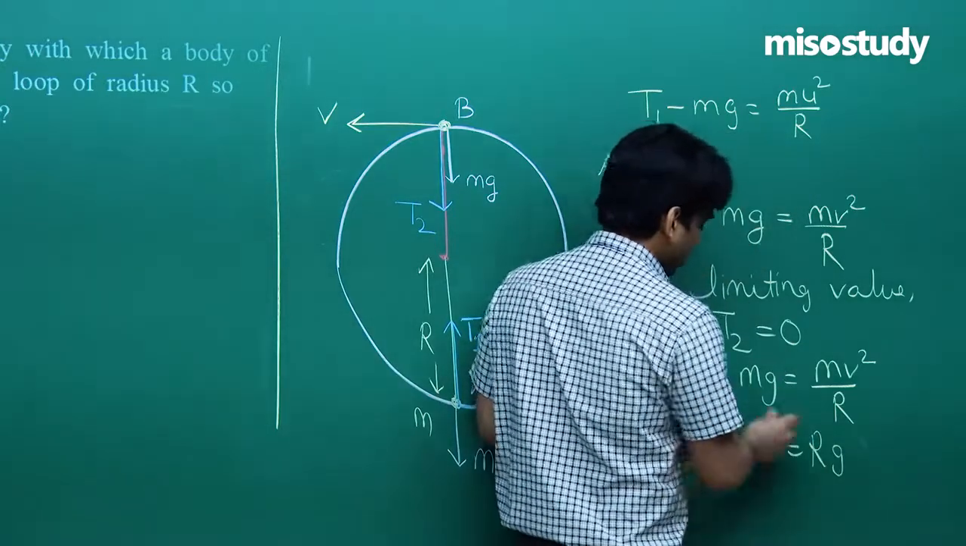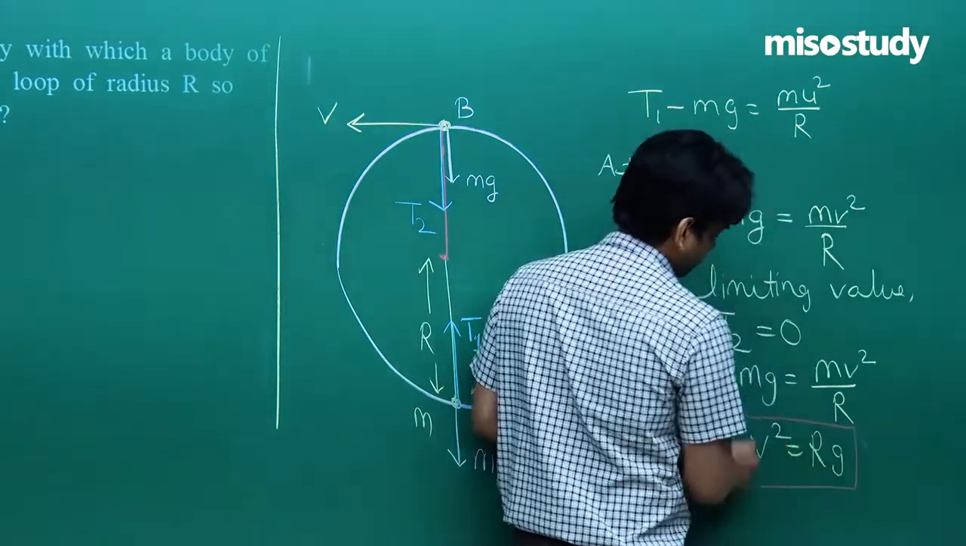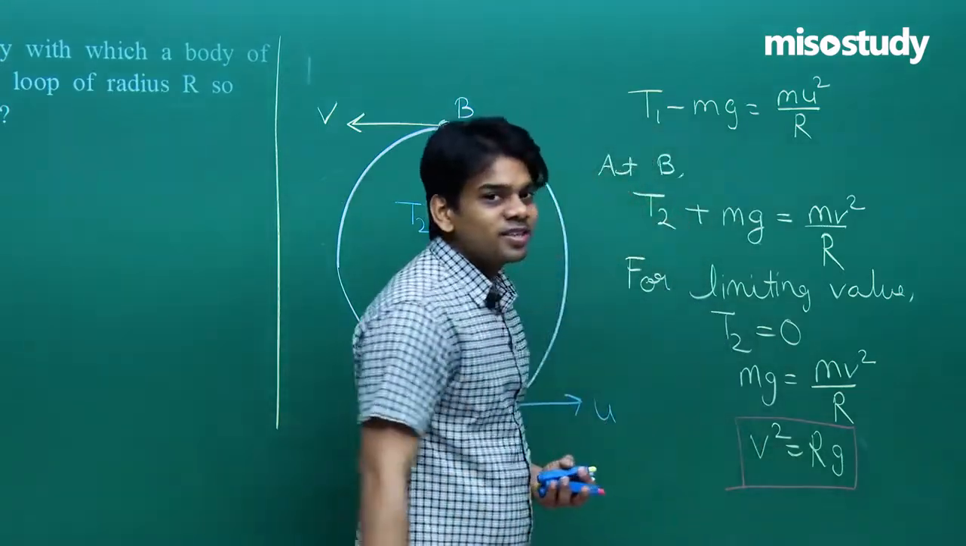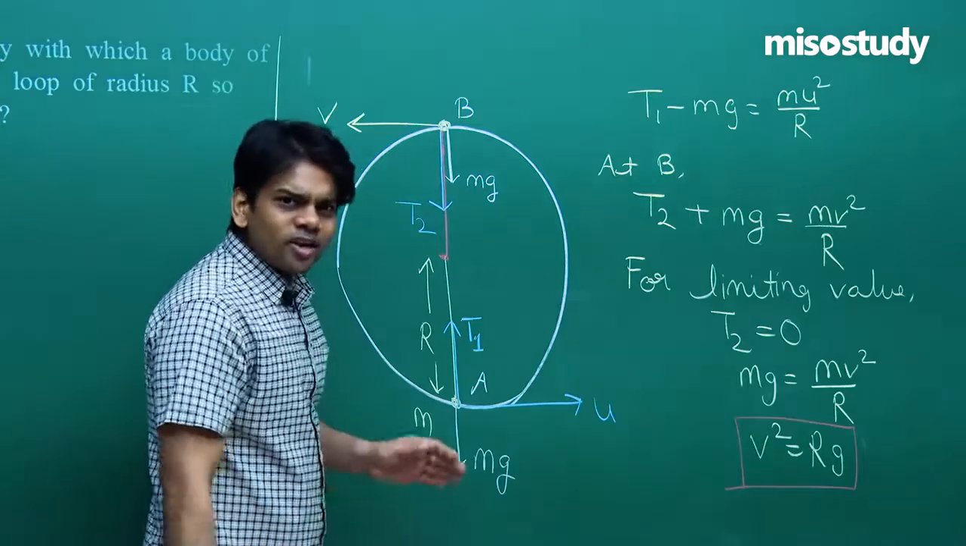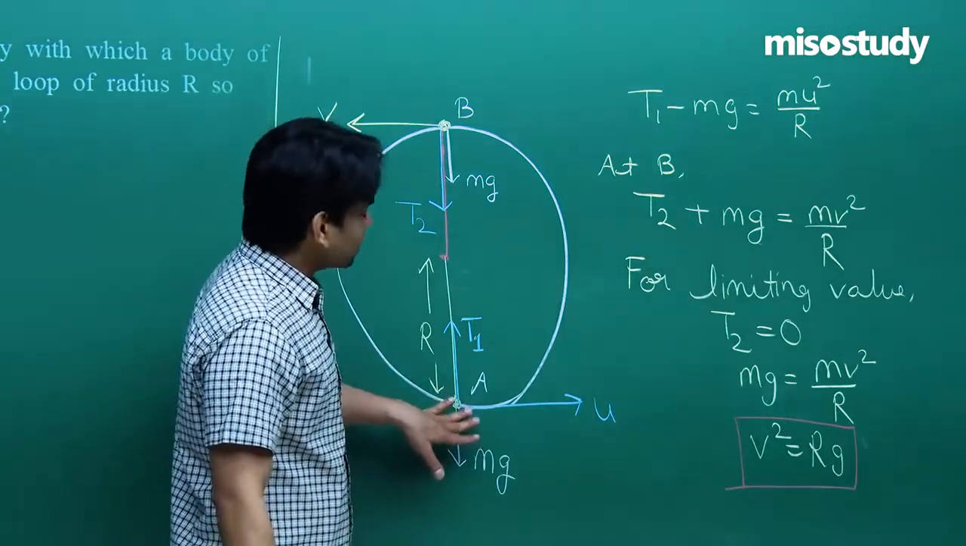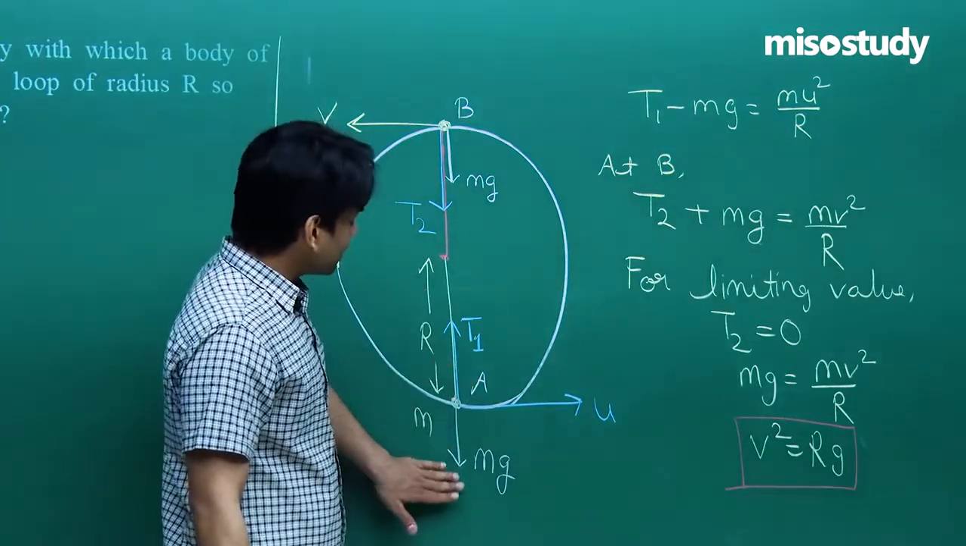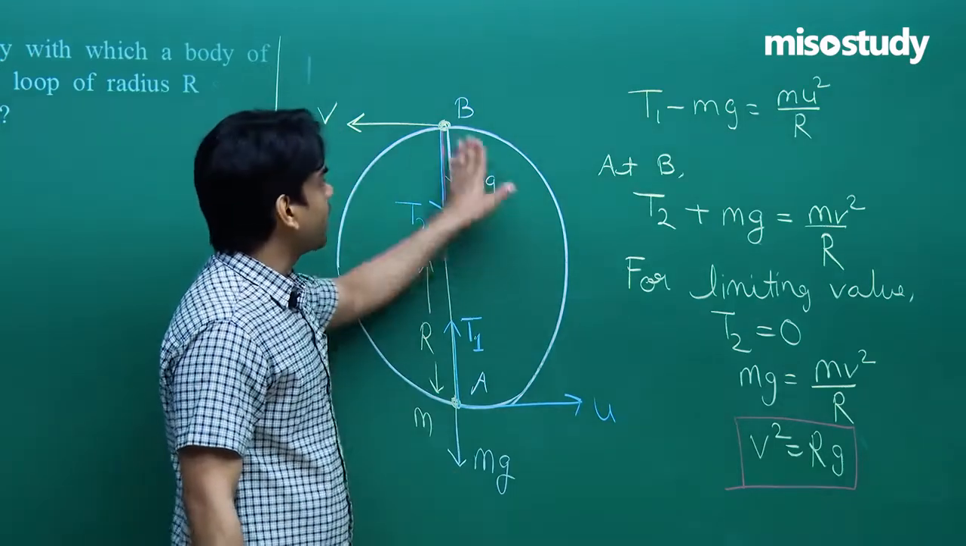One thing you will be obtaining here, v square is equal to rg. Next thing, if you see, what more we can do with this? If there is no external force acting on the body, that means the energy will be conserved. All the kinetic energy and potential energy at this point will be equal to kinetic energy and potential energy at